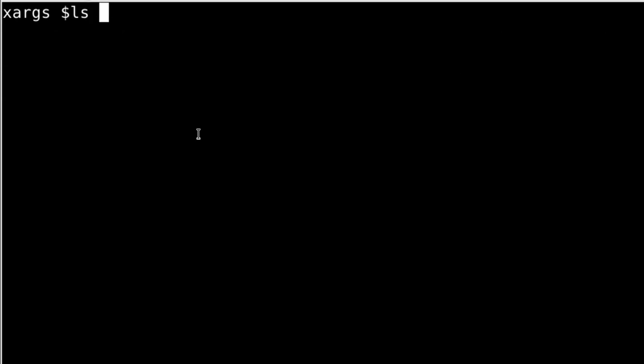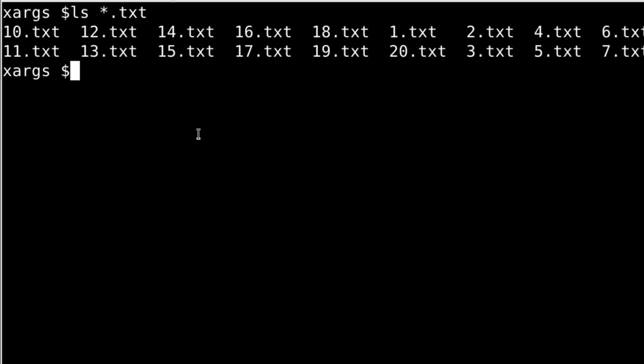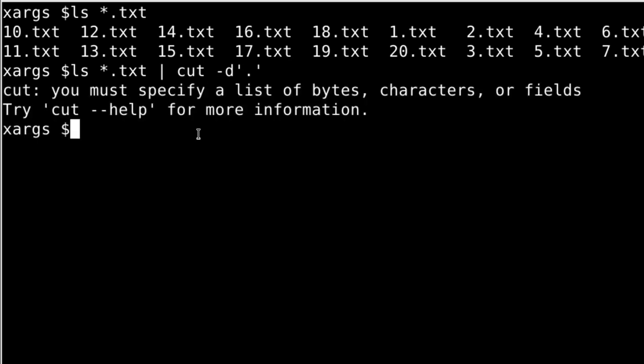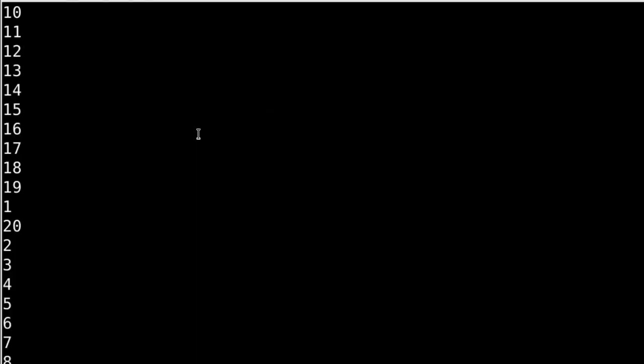So you can do ls star.txt, right? So you get all the numbers, 1 to 20.txt, right? Okay, use cut minus d again for the delimiter. The delimiter this time is dot. So you can use the dot delimiter like that. If I only run this command, you will know. Obviously I have to give the field also. Okay, minus f1. So you can see I get all the 1 to 20 numbers